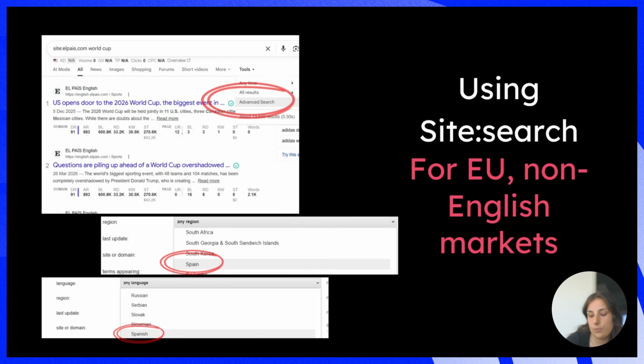So this is more of a publication-specific example, but if you were to use Google to start with, even just sourcing publication names to understand what the equivalent of the Guardian is in Spain. For example, as you can see from the screenshots here, using advanced search, you change your region to Spain, change the language of your search to Spanish, and then choose, let's say, World Cup, which is the topic you focus on, to find publications.